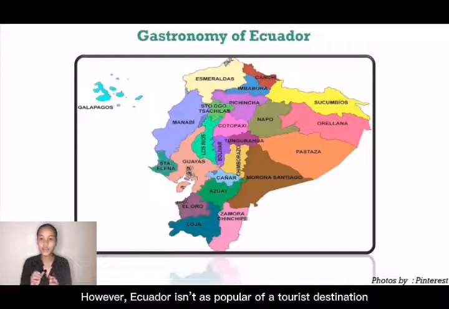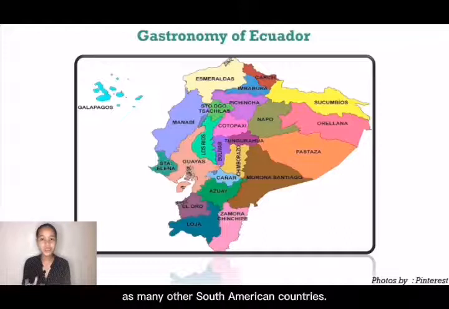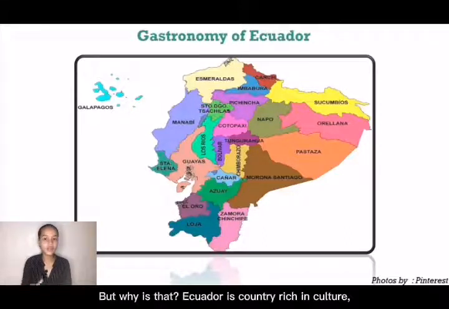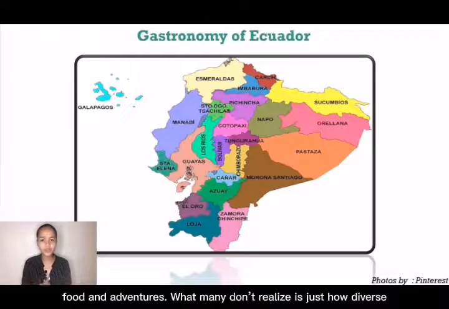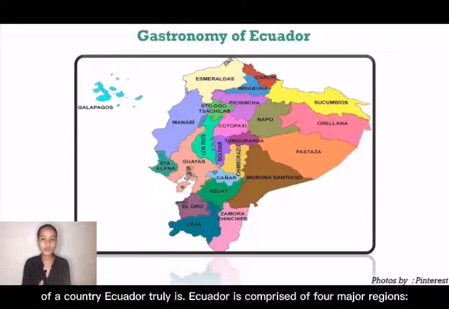However, Ecuador isn't as popular of a tourist destination as many other South American countries. But why is that? Ecuador is a country rich in culture, food, and adventures. What many don't realize is just how diverse of a country Ecuador truly is.